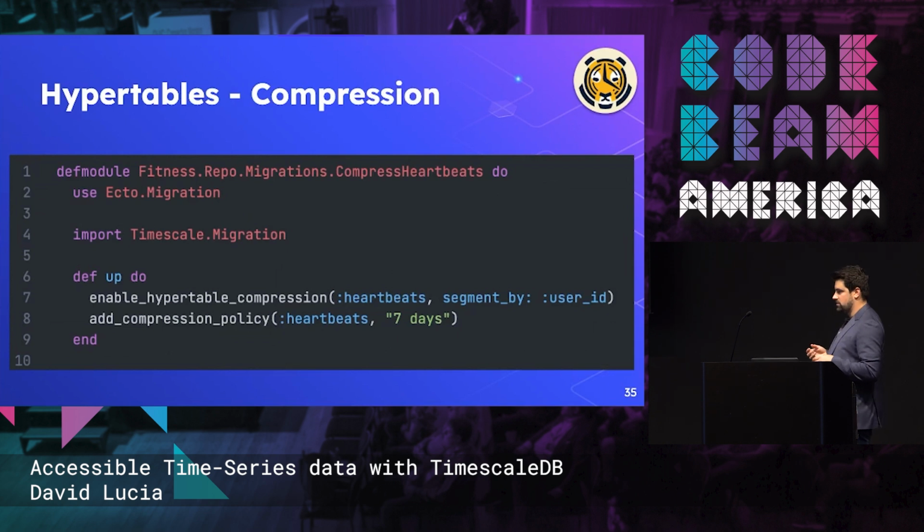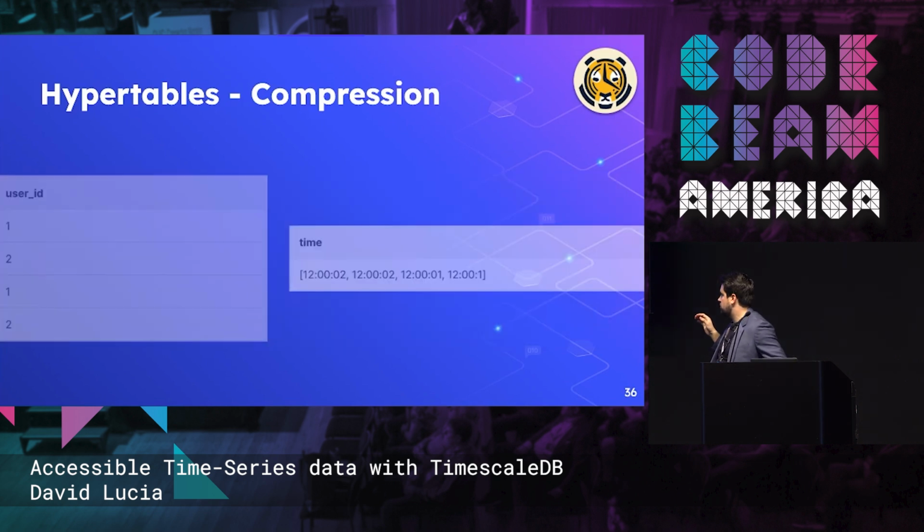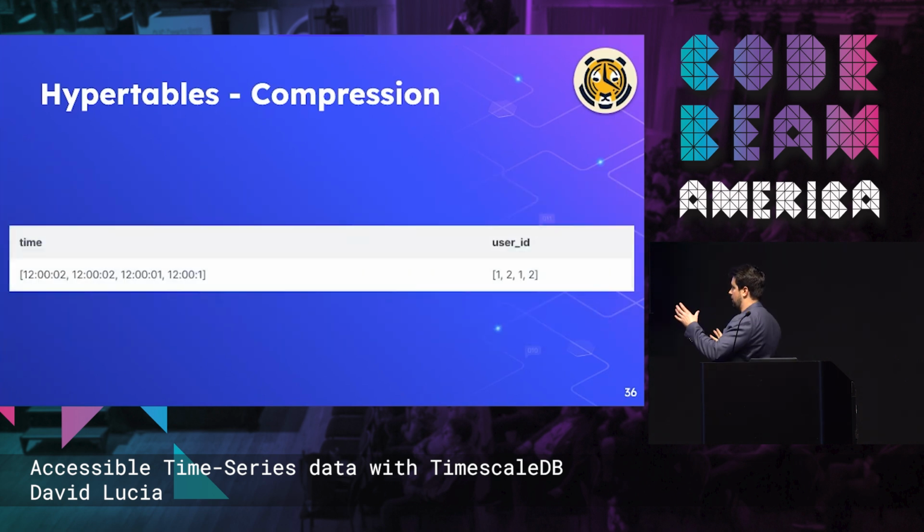And the compression policy, you say after what time period Timescale should start compressing the data. So in our case, we're going to say after 7 days, start compressing the table and make it smaller. So what happens to the table? We have our row-oriented data where we've got users, we've got timestamps. When you compress the chunk, right, because we're compressing chunks, not tables, it flattens it into an array value. So it becomes a single row, and each of the values are going to be at the same index in these arrays.